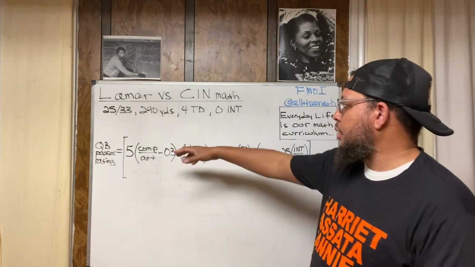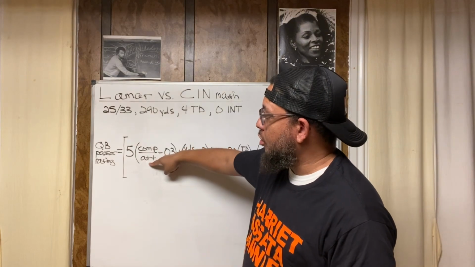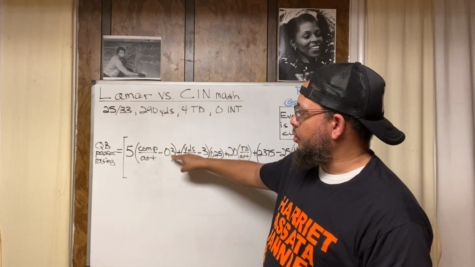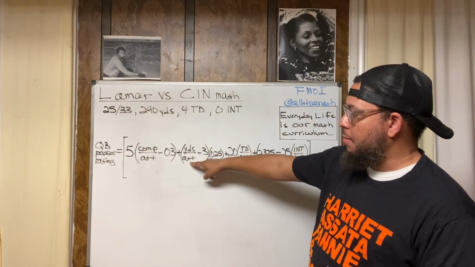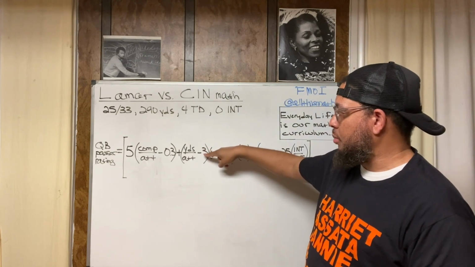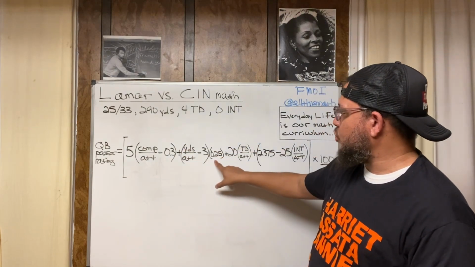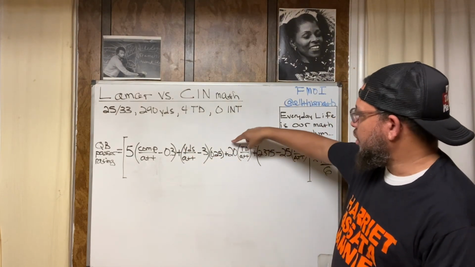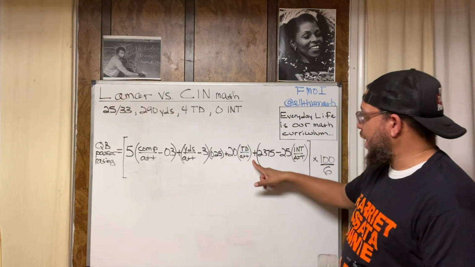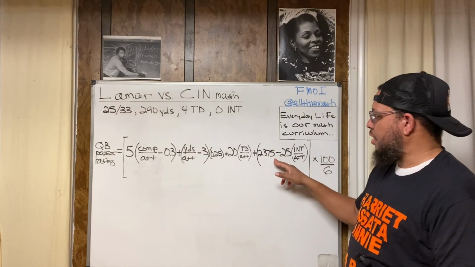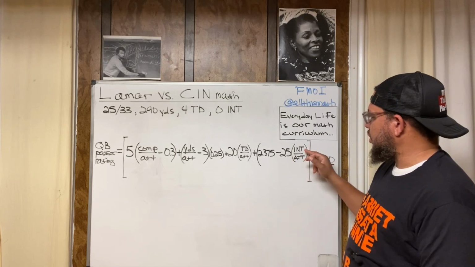All right, so this is what you do. Quarterback passer rating is equal to 5 times the number of completions divided by the number of attempts, that's a ratio, minus 0.3. Then you add that to the number of passing yards divided by the number of attempts, minus 3, the whole number 3, not 0.3 like over here, and this quantity gets multiplied by 0.25. Then you add that to 20 times the number of touchdowns thrown divided by the number of attempts. Then you add that to 2.375 minus 25 times the number of interceptions divided by the attempts.